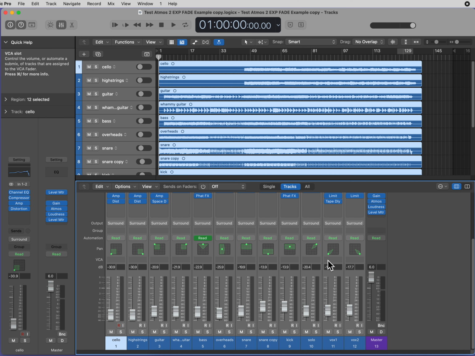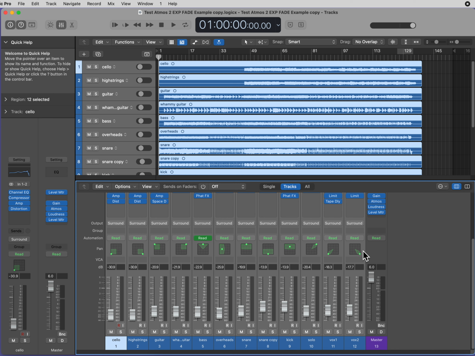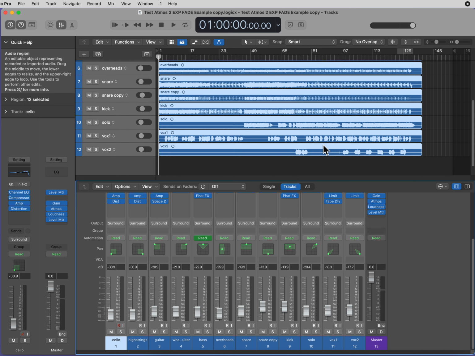As you see, I have done all of my tracks as object tracks instead of bed tracks. I find the object tracks easier to place the sound in precise locations in the room. But what I want you to do to start with is select your first track in the mixer by clicking on it. Hold the Shift key down, go to your last track. For me, it's the 12th track. And click on your last track so that you've highlighted all of the tracks in your mixer. That automatically highlights all of the tracks above the mixer in your waveforms.